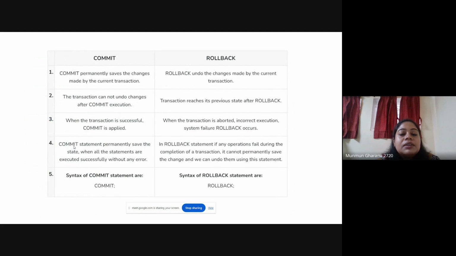So what is the difference between commit and rollback? Commit permanently saves the changes made by the current transaction, whereas rollback undoes the changes made by the current transaction. The transaction cannot